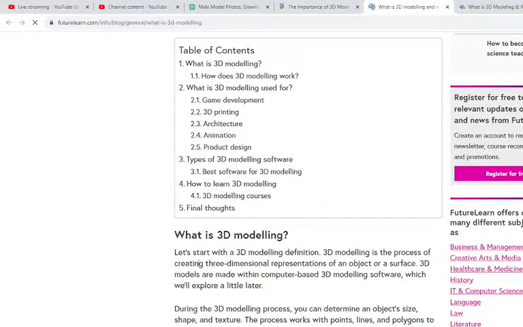He says, let's start with a 3D modeling definition. 3D modeling is the process of creating three-dimensional representations of an object or surface. 3D models are made within computer-based 3D modeling software. So this is so far the best definition that we can go with, because with 3D